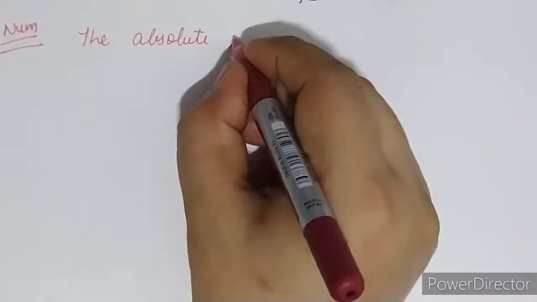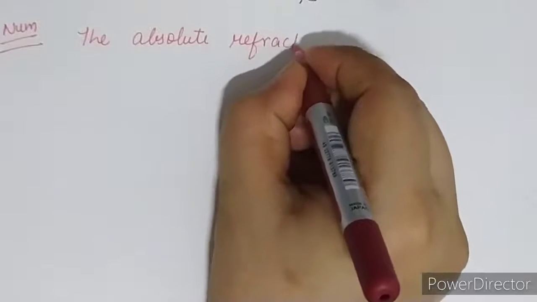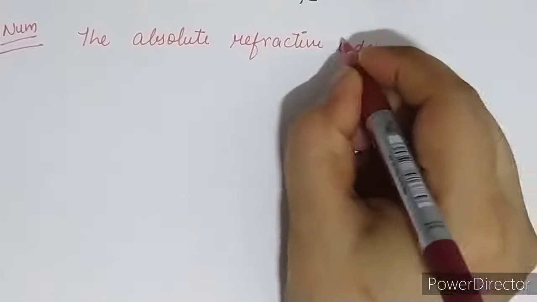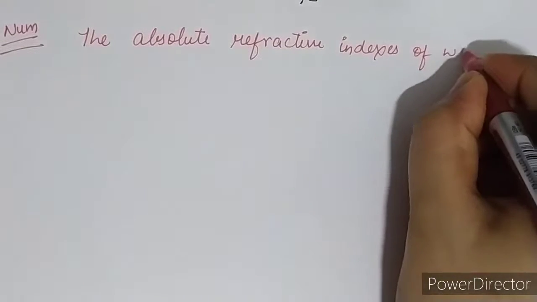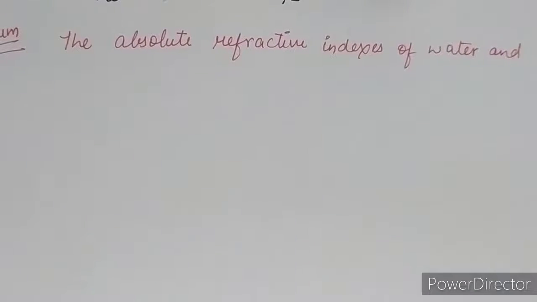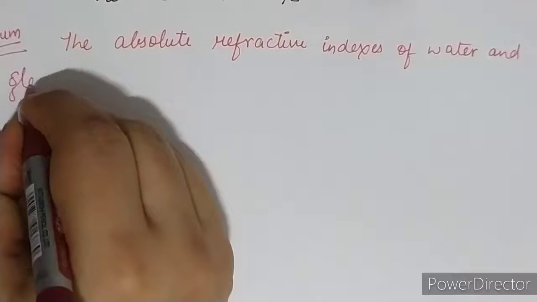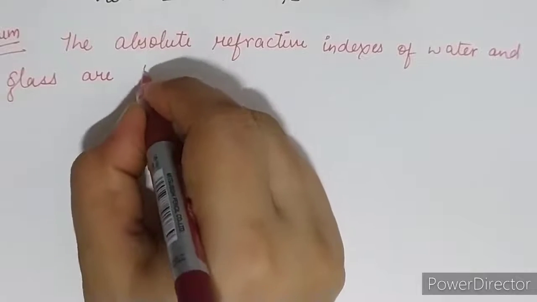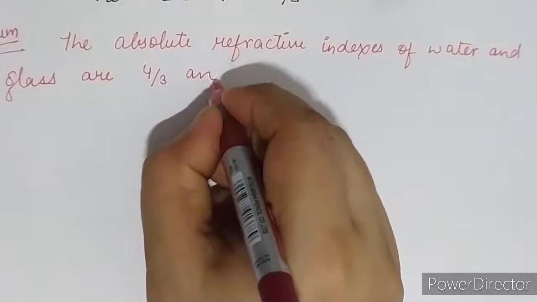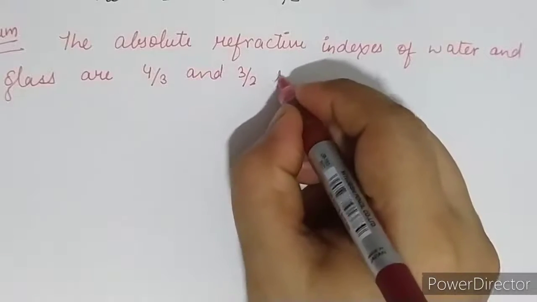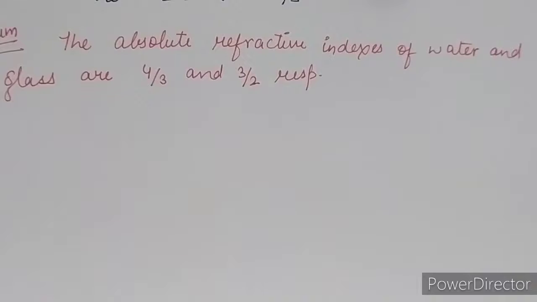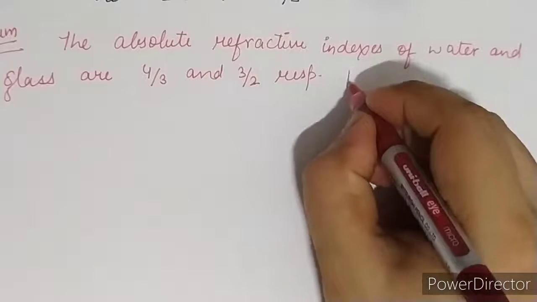The absolute refractive indexes of water and glass are 4/3 and 3/2 respectively. Meaning 4/3 is for the water and 3/2 is for the glass. You have to find